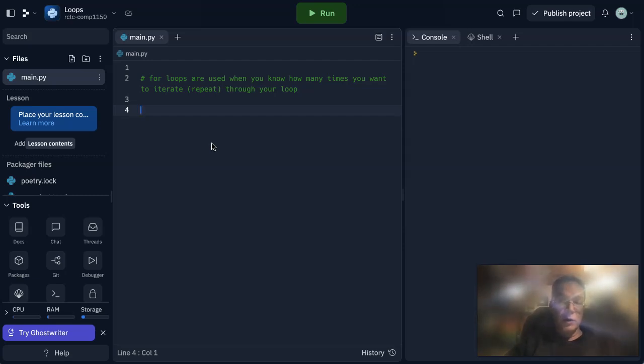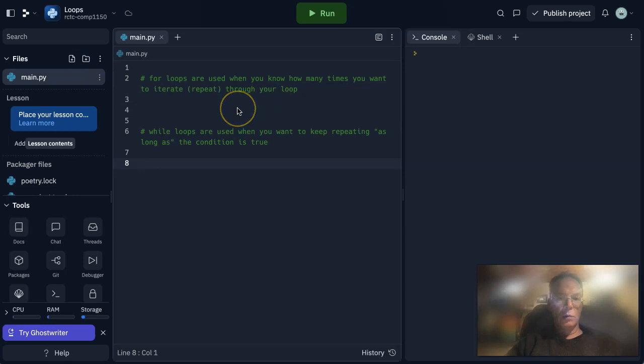You don't know how many times it's going to take them. They could get it right on the first try. It could take them 1,000 tries, or 7 tries, or 20 tries. You just don't know. So as long as it's not correct, you want to keep asking, right? Different than for loops where you know exactly how many times something's going to happen. So I'm going to write that down here too. All right, so we've got our general explanation here. So let's go